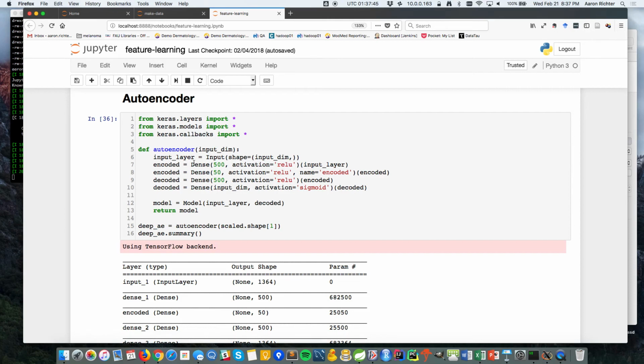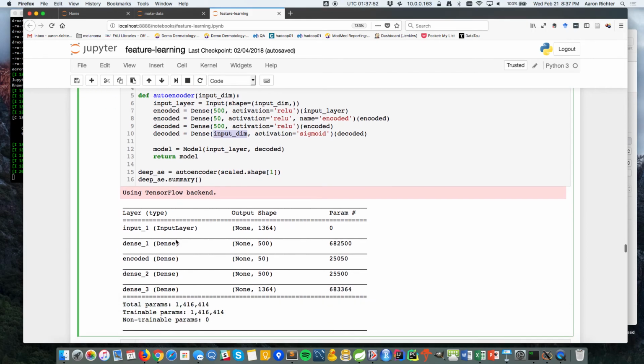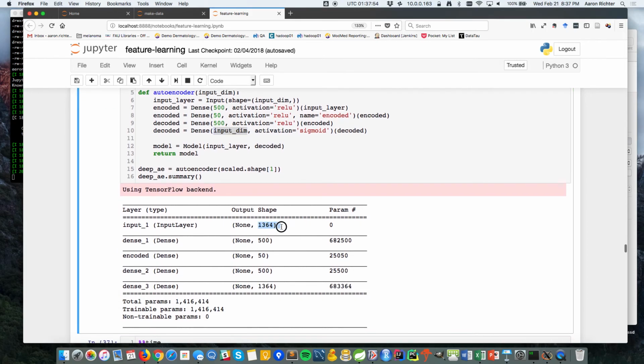And then I have to back up all the way to recreate my input data again. So we can see here that our layers, the input shape is going to be exactly the same as the output shape, because that's what an autoencoder does. And then this layer right in the middle is now going to be our latent embedded feature space. You can see the total number of parameters here, basically the number of weights, is 1.4 million. So a lot of training that has to happen.